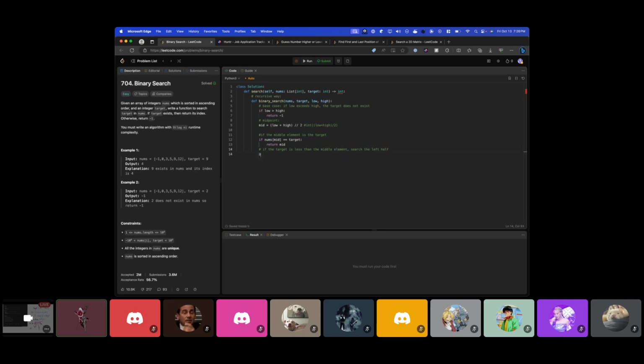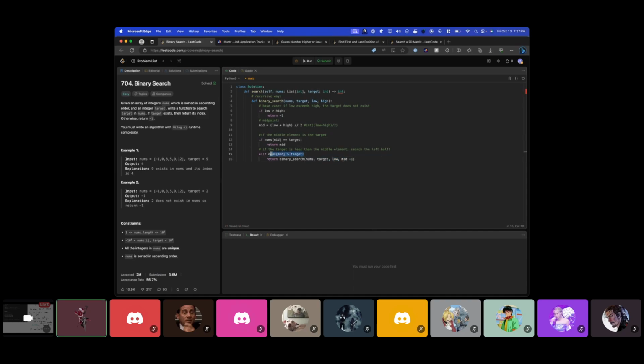Right? So that's just else if nums[mid] is greater than target, return binary search. So we're doing the recursive call now. nums, target, low, mid - 1. So all we're doing is we're putting in nums and target. This is the same as the original array. Our low is the same, and since